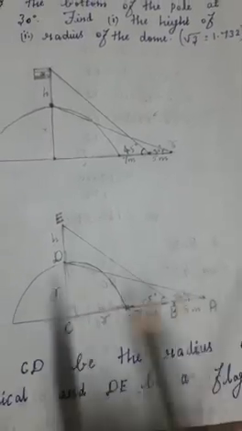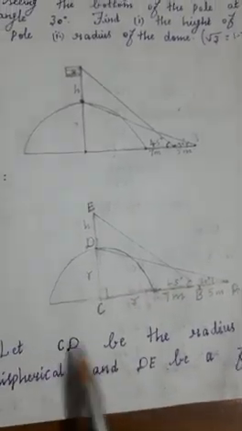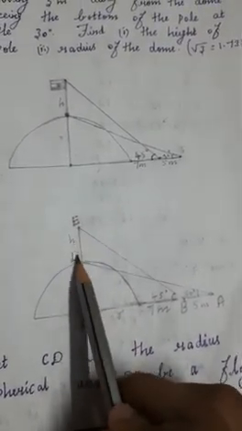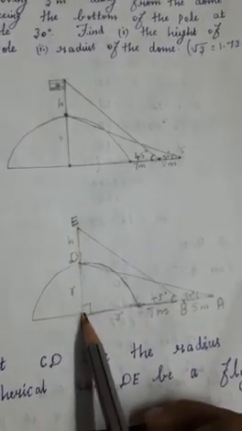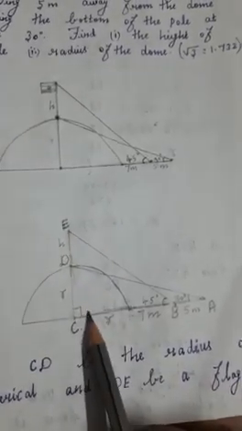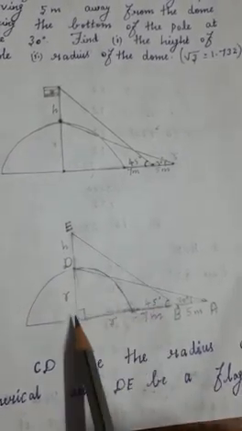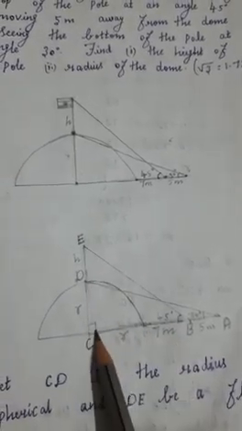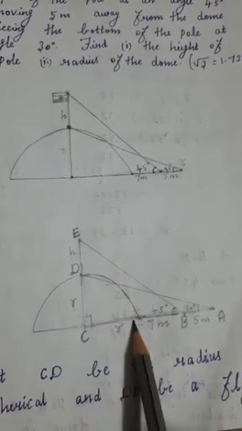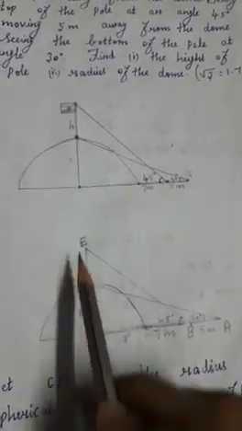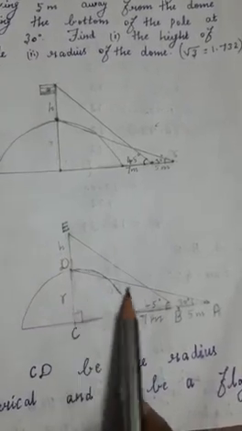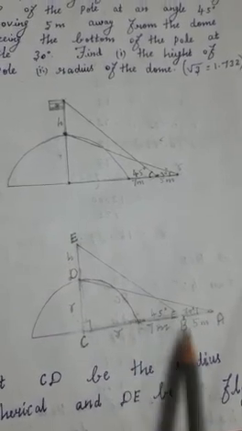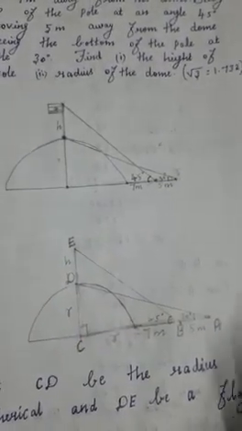Okay, so these are the things we have written here. Let CD be the radius, and DE be the height of the pole. So this full length CE means R plus height. Because of the right angle triangle you can see, that's why we are finding this length. In this right angle triangle we needed this length, and this full length also, so that is R plus height. The next right angle triangle is this one. This full length we needed, so that's why we are adding R plus 7 plus 5, that is R plus 12. After this, the length is R, we know that. Okay, so everything we have written.